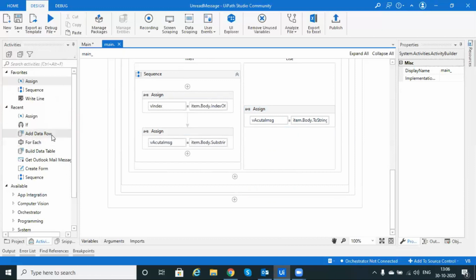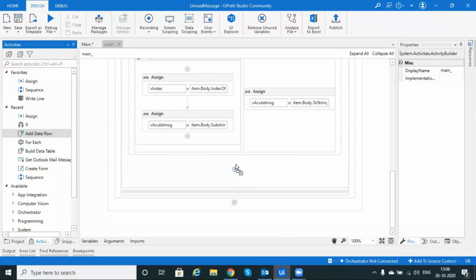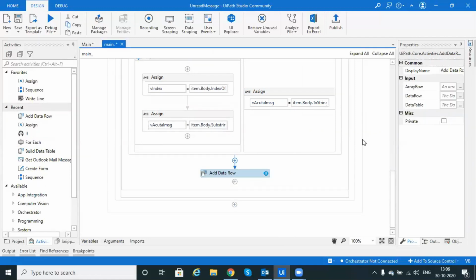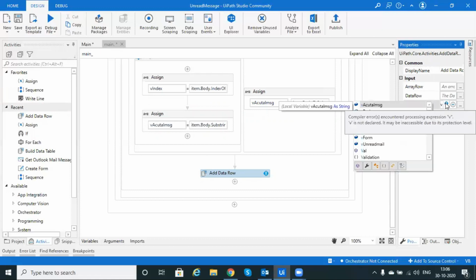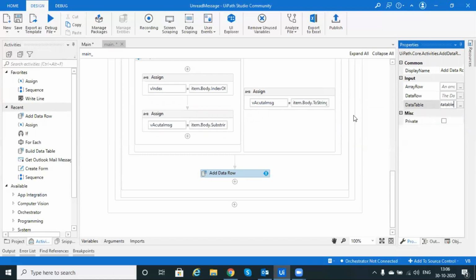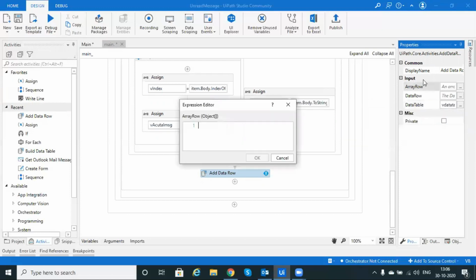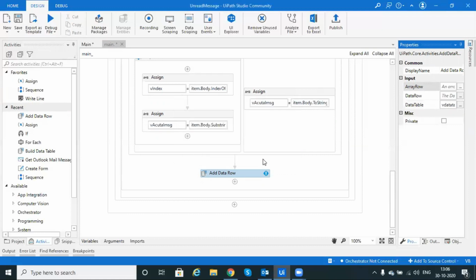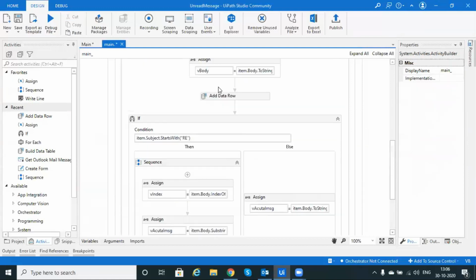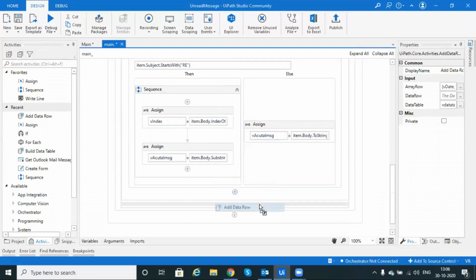After that we will get Add Data Row. Okay, so we will use all the data in the data table. We will use v data table, and here we will mention, okay, so we already mentioned this part here.